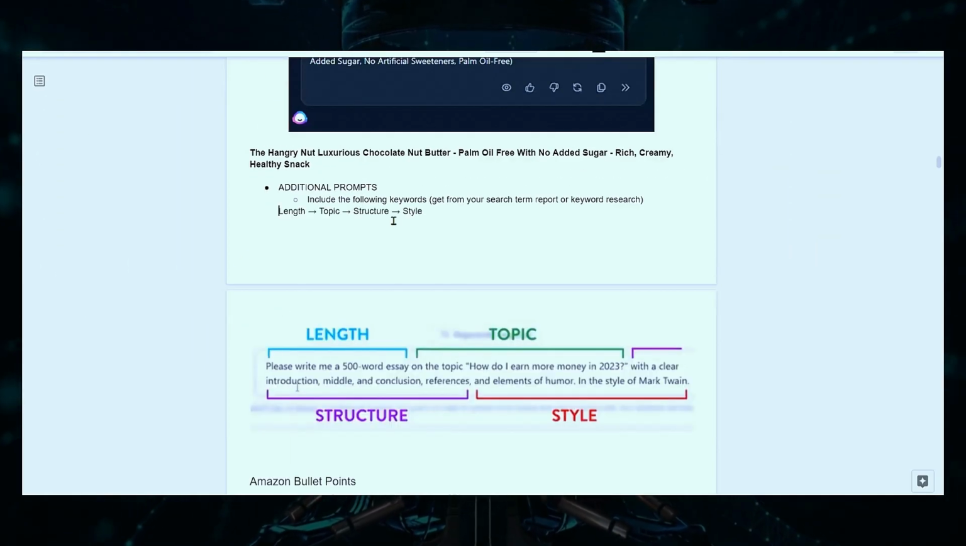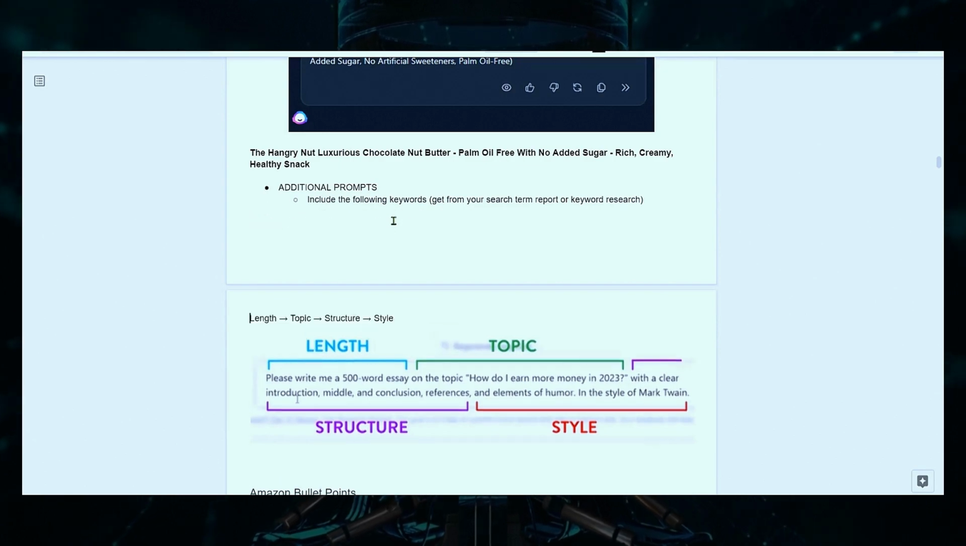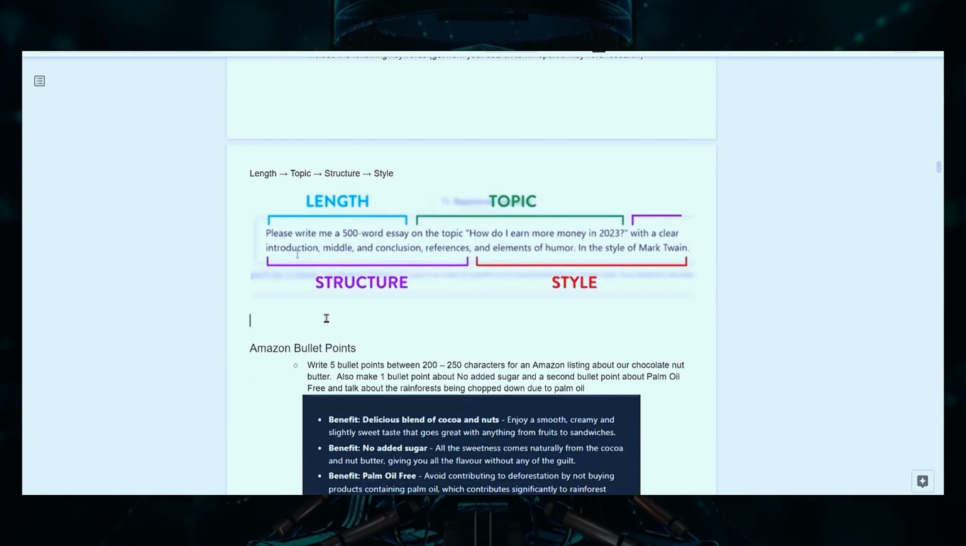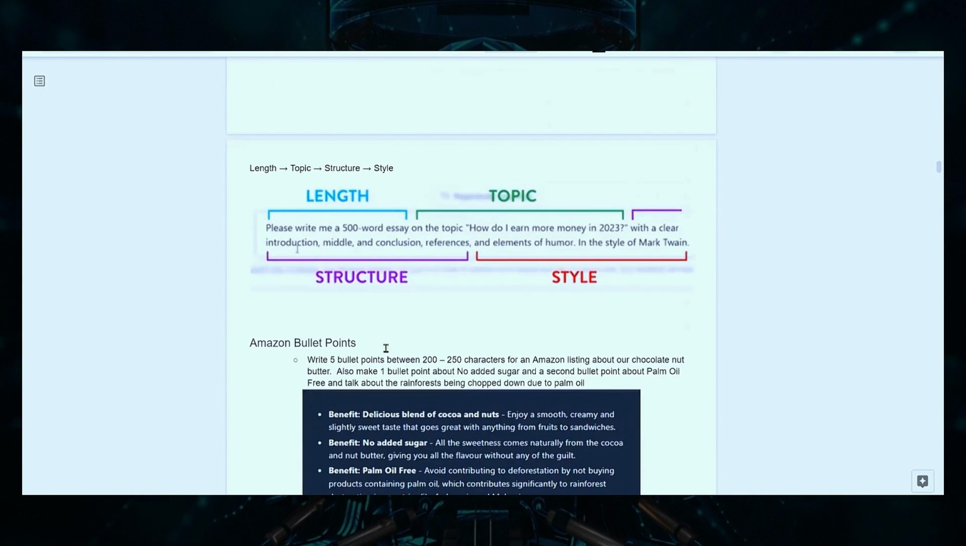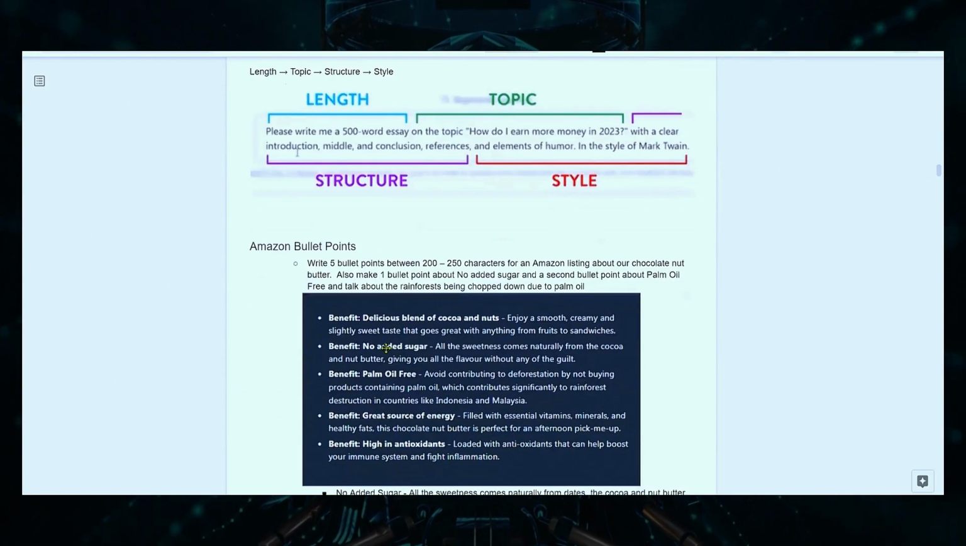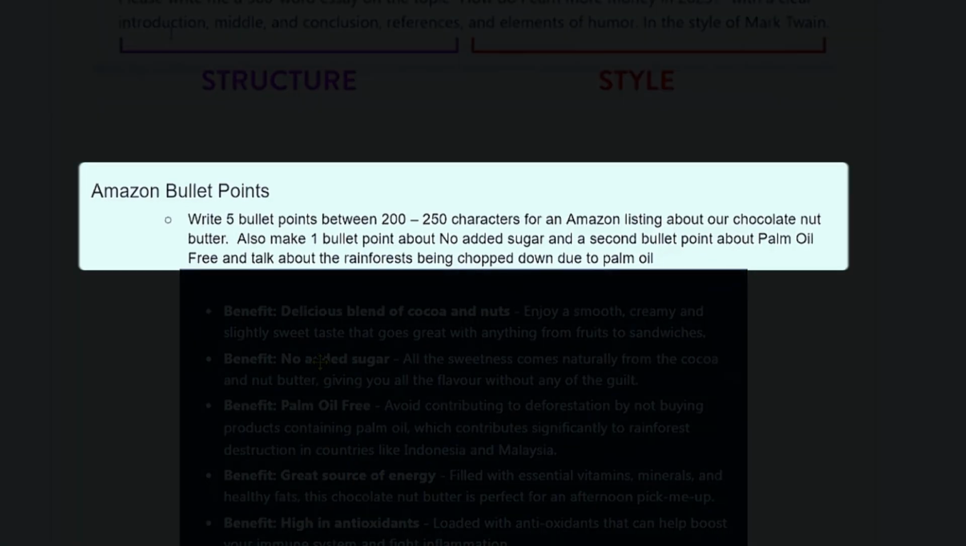Let's go. There we go. All right. So we've got length, topic, structure, tone. So Amazon bullets: write 5 bullet points. That's what you're doing. Between 200 and 250 characters, that's your length, for an Amazon listing about our chocolate nut